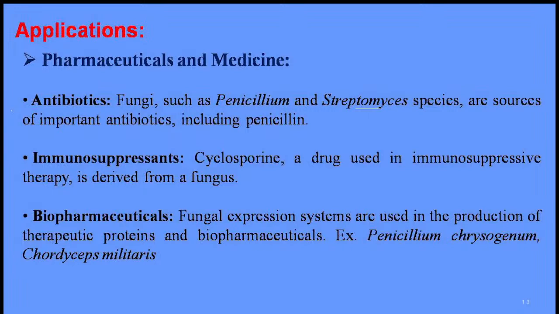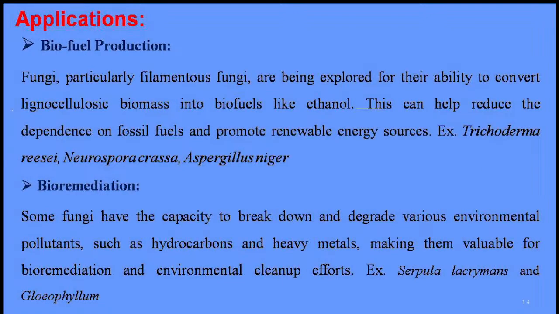Then Penicillium chrysogenum has been used in the production of enzymes and other biopharmaceuticals. While it is more famous for its role in penicillin production, it can be engineered for various biotechnological applications. And another one, that is Cordyceps militaris. This is a parasitic fungus that has been studied for its potential in producing bioactive compounds, including cordycepin, which has shown promise in various biopharmaceutical applications such as anti-cancer and antiviral. Then in case of biofuel production,